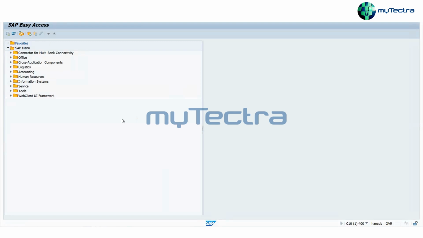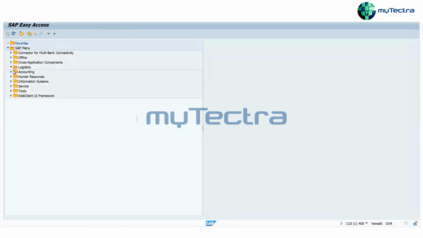If I want to open any kind of document, or post any transaction, you can open the document in two ways. Suppose I want to post a PO.